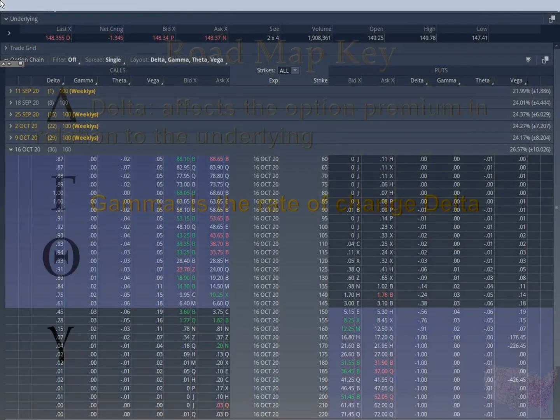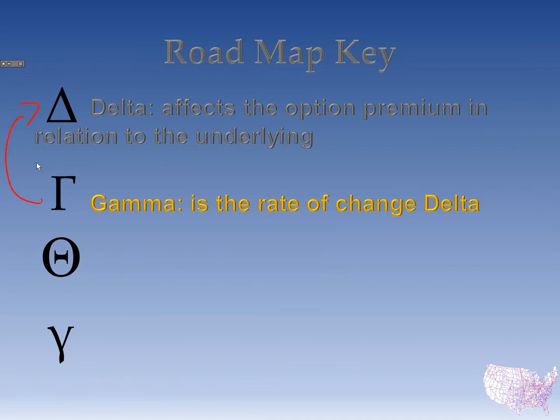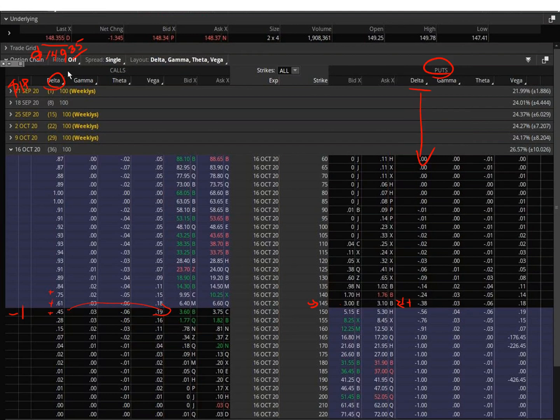Pretty simple so far. Now, gamma goes with delta. All right. We talked about delta being the first dollar move. Well, then that would mean gamma is the second dollar move. So on that second dollar move, we see gamma adding in to that delta premium. So here now we're talking about